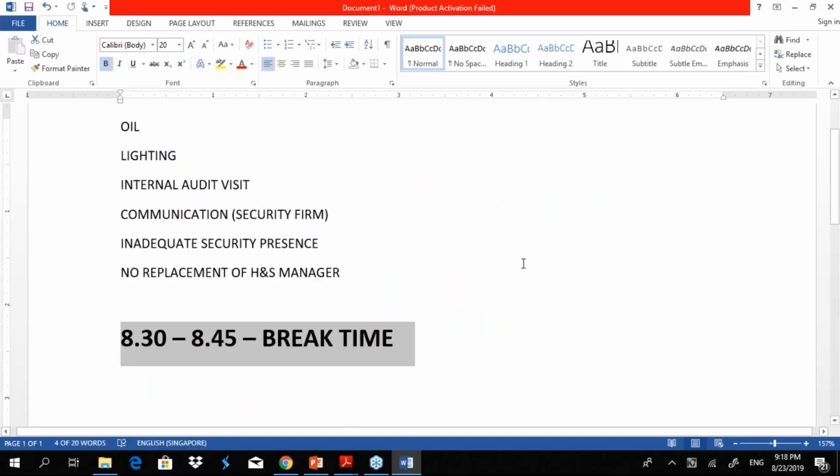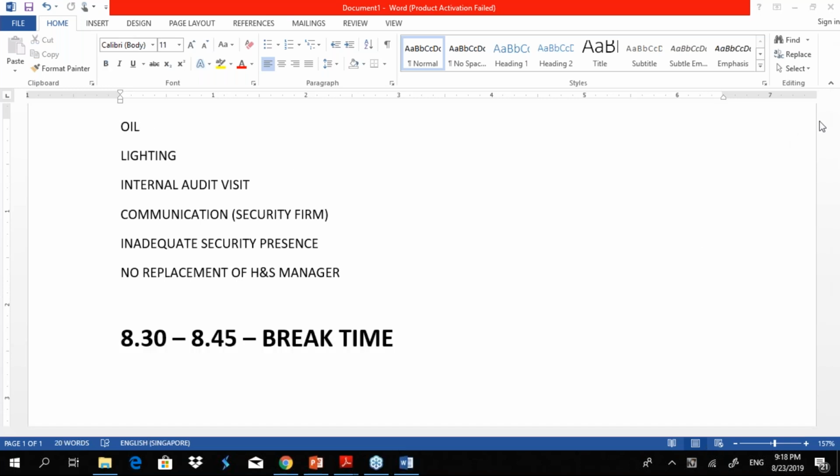We have already identified the control weaknesses. The first one is oil. For the weakness, you would state the failure to clear up the oil, and that is a failure of internal procedures, plus inadequate inspection by site management.